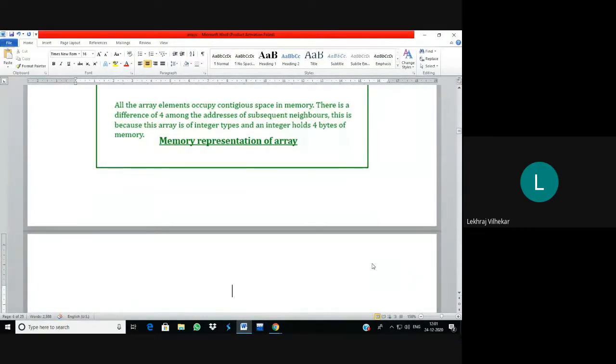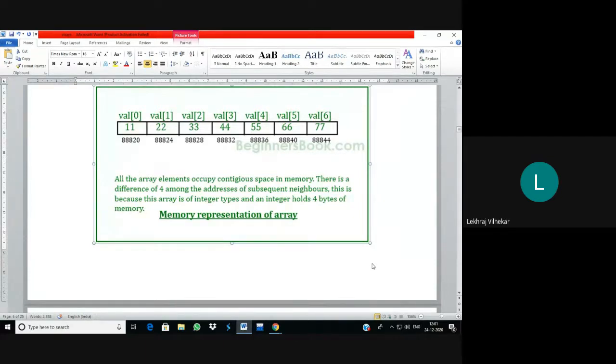Or we can directly see in the program. I just tell you orally: for I equals 0, because our index always starts with 0. I starts from 0, it will go up to I less than 7, and I plus plus. In brackets, scanf ampersand value of I. So it is going to read the value 7 times, like 11, 22, 33, 44, 55, 66, 77. So now we have stored the values. Now what is the objective of the program? You have to display the values in the reverse order, meaning 77 to 11.